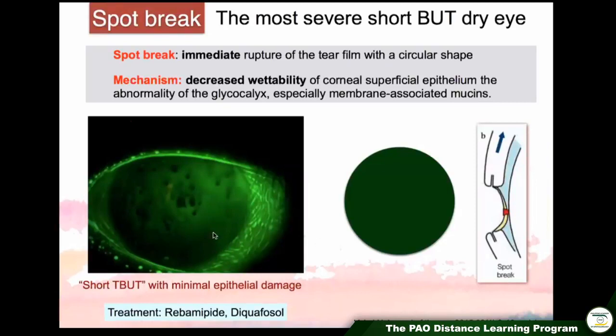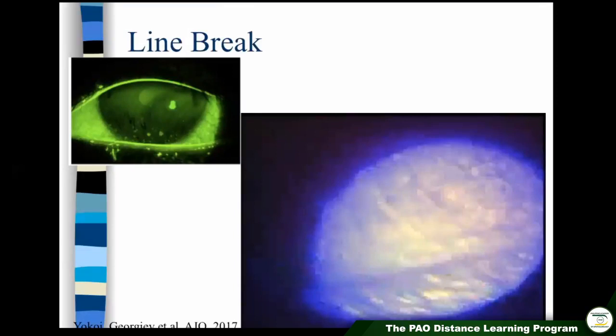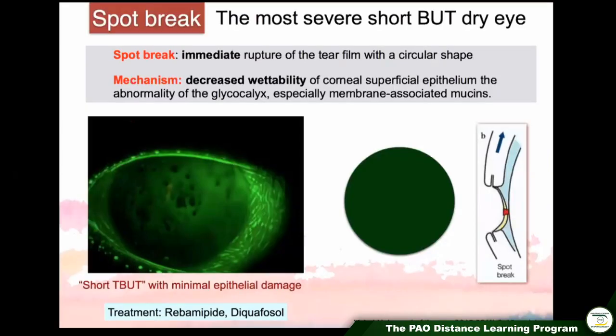And spot break. This is due to poor wettability, so it doesn't coat the surface of the eye. The tear film, they have tears, but however, it doesn't form a complete tear film. Once you open the eye, you see these round, dark spots, and that's why it's called a spot break. It's a severe form of tear film instability, because the problem is decreased wettability. It's a mucin problem. So line break is aqueous, area break is aqueous, spot break is